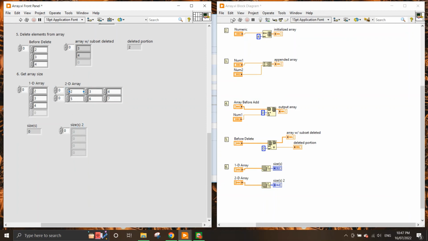If we run this, what you're going to get is the size of the 1D array is 3, and the size of the 2D array is 2 rows and 3 columns. This is how you read the values here, rows and columns. So this is how you can see it. This is a very commonly used function